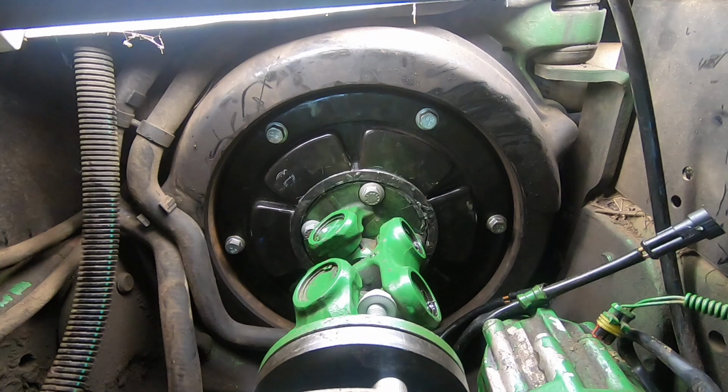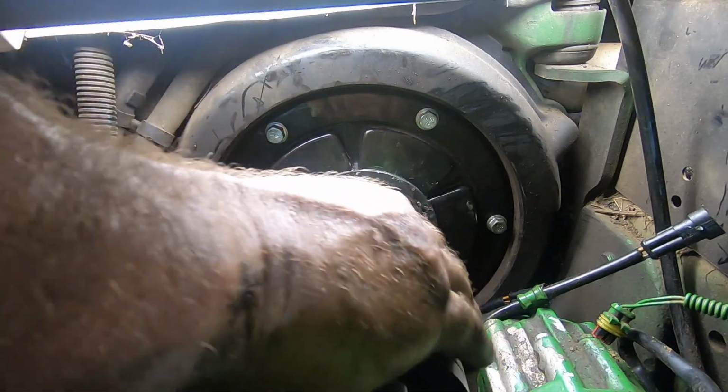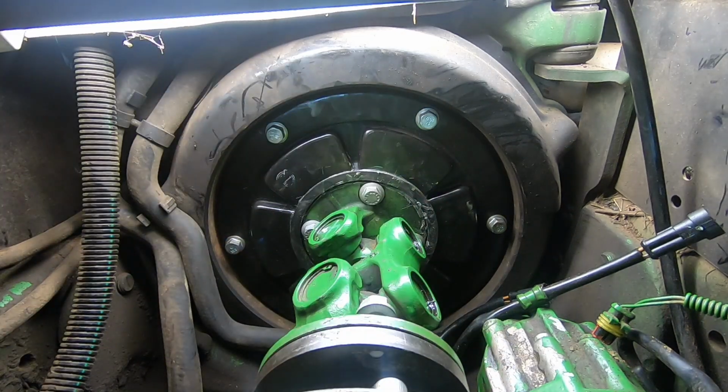There is a little play room in there with the dampener, so it's not the end of the world if we don't get it quite right, but we got it. Nice thing is, the thing's actually going to screw in there okay. You see, I got my new sensors in, and before I put those sensors to where they belong,